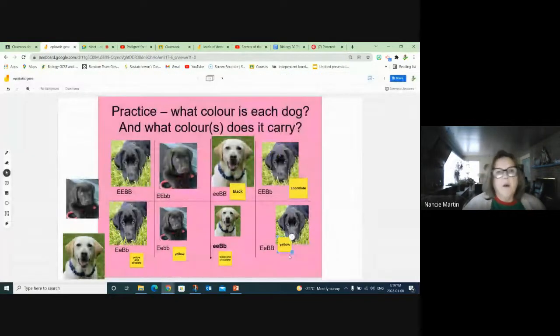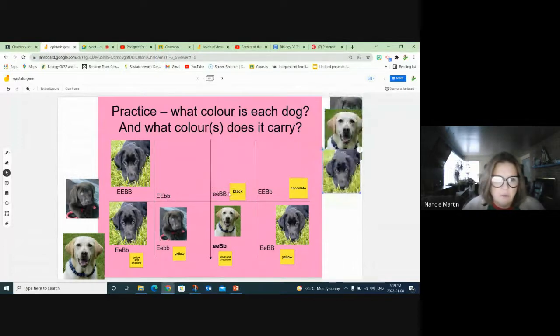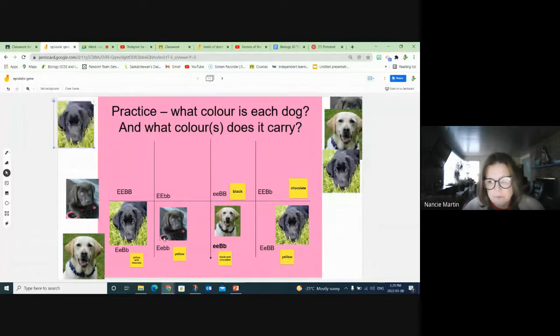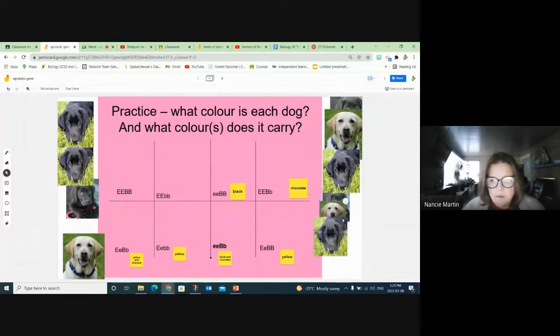There. Okay, good. Hopefully you understand what I'm doing here. So now I'm going to mix these dogs all up, and I'm going to take away the sticky notes, or maybe I'll just put them to the side, and then you can see how you do. Just try it again, and we'll do a few more tomorrow too. And then there's one last thing that I want to do with you,